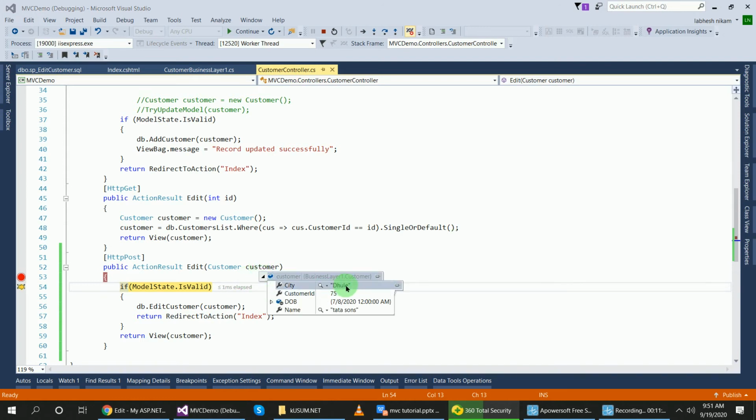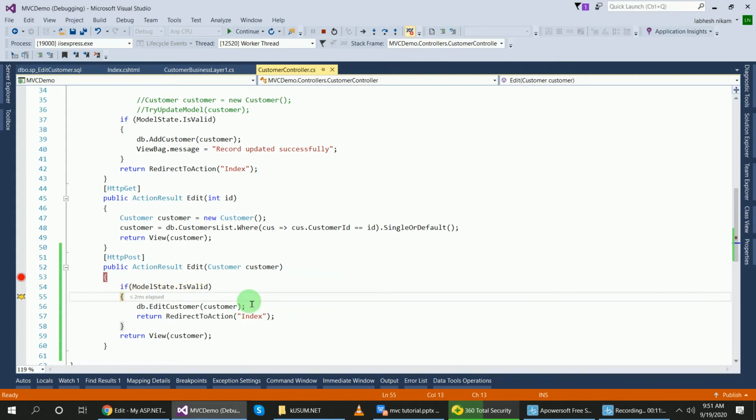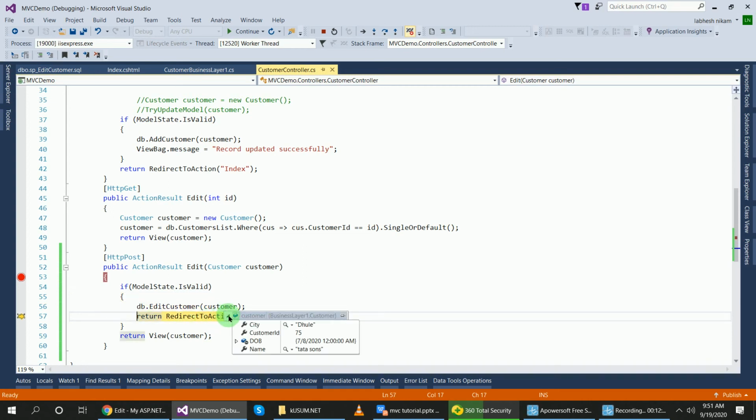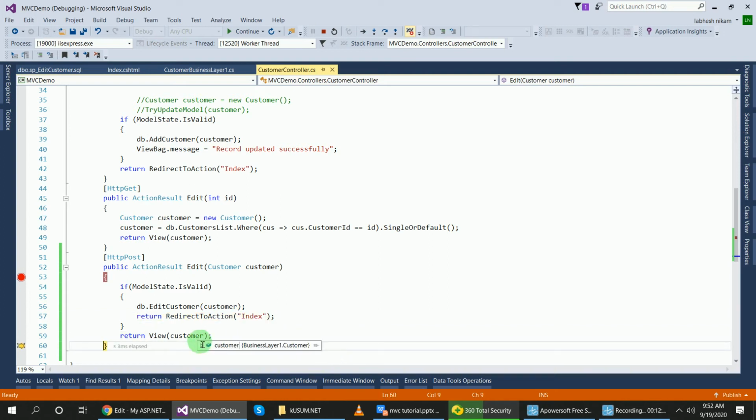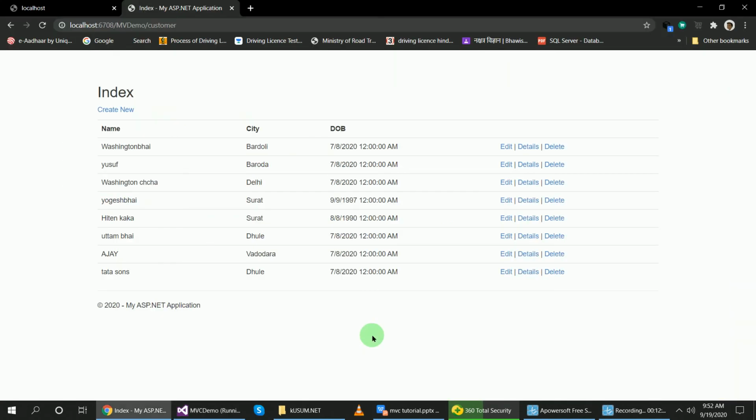I have changed the name to Tata Sons, and my model state is showing true. So model state is valid, it goes to this object, and here also Tata Sons, and passing here. Here also I have got Tata Sons. So my updating data is successful.